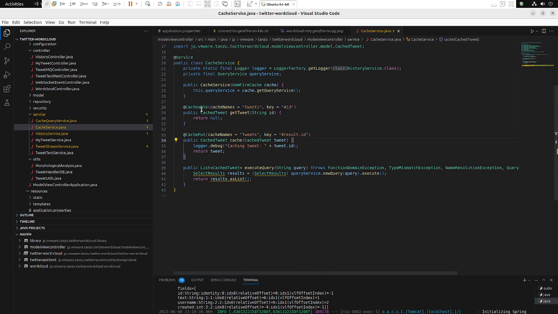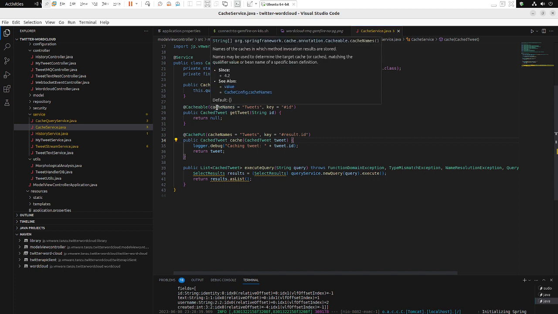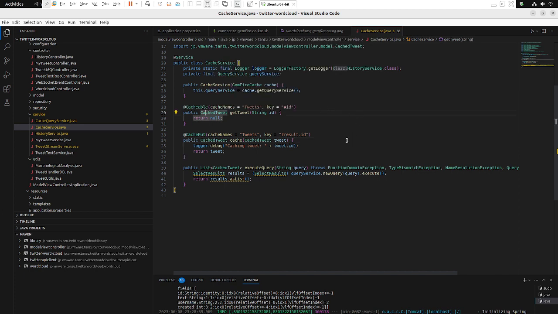For example, we're looking right now at the cache service, and caching is done via those two annotations, Cacheable and CachePut, on two respective Java methods. This is highly abstract and very simple. This can work with multiple caches, and so on.